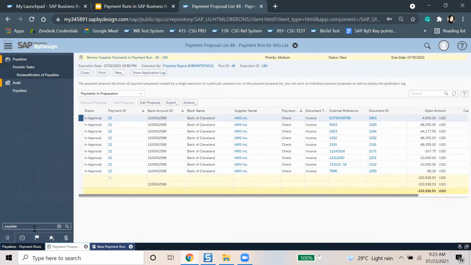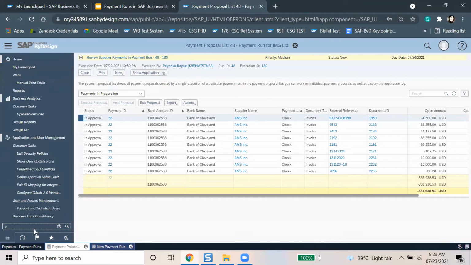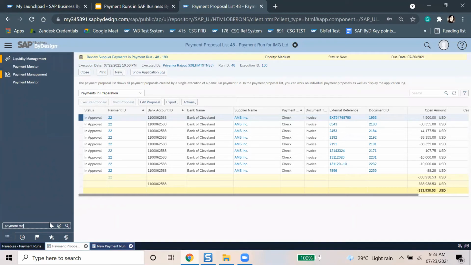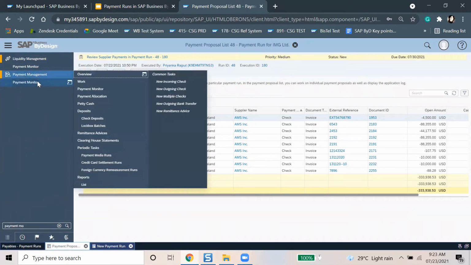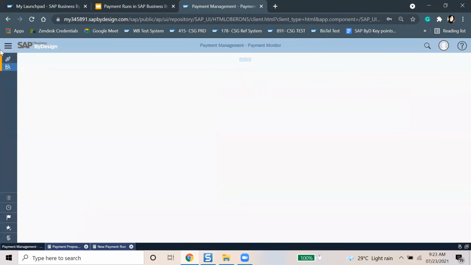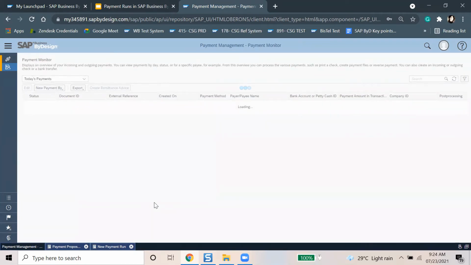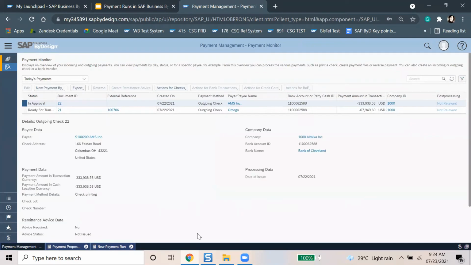Okay, I'll just check the status in the payment management, payment monitor. Okay. Here we can see that document ID 20 is in approval.